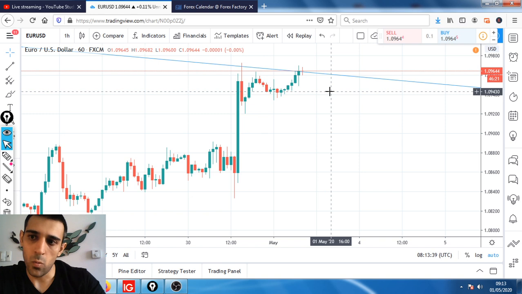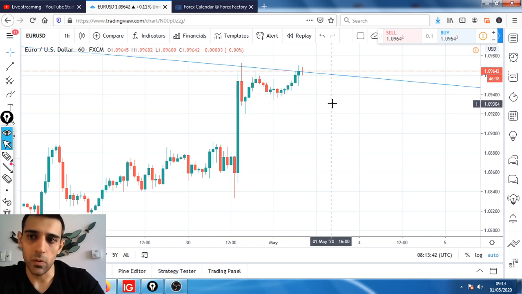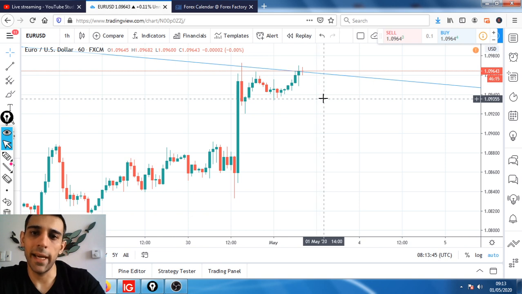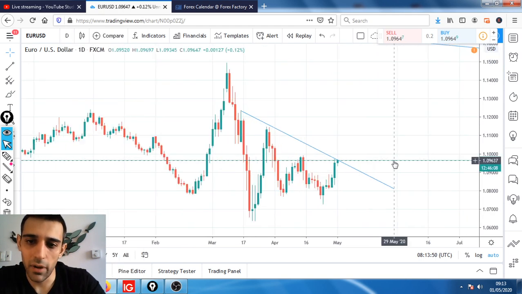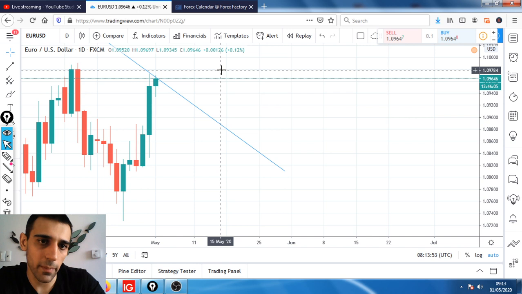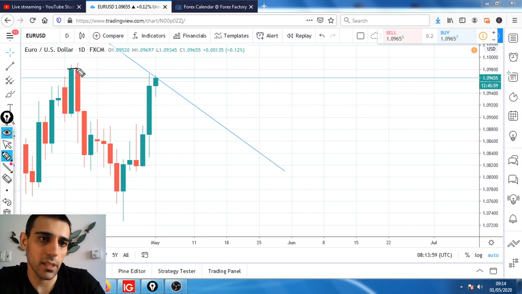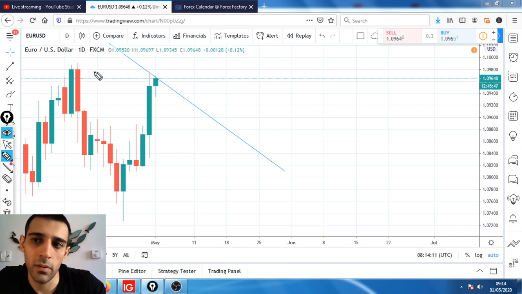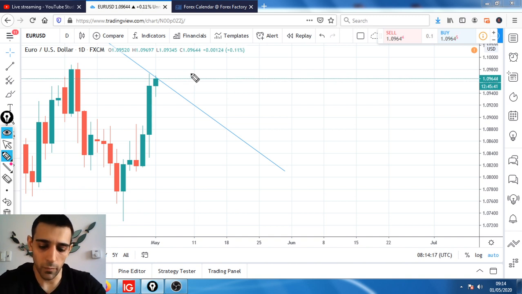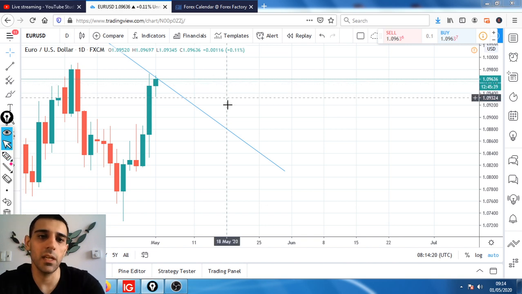So as I said, 109.45 with a 20 pip stop loss, and our target is going to be at 109.80, which is this daily high. The price is very close to coming up and testing these highs at 109.80. So we want to see the test of these highs, and that's where we're going to take the profits. I'm sure a lot of traders are already in this trade with the target up to this level. So we're looking at about 35 to 40 pips gain, and the risk is about 20 pips.